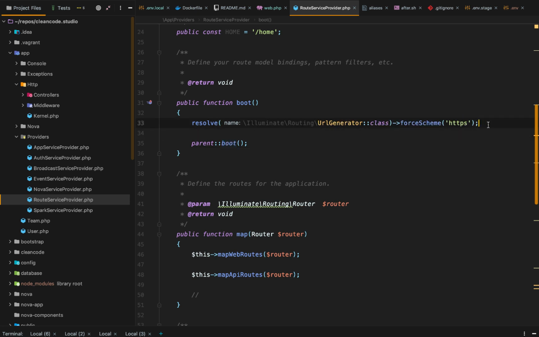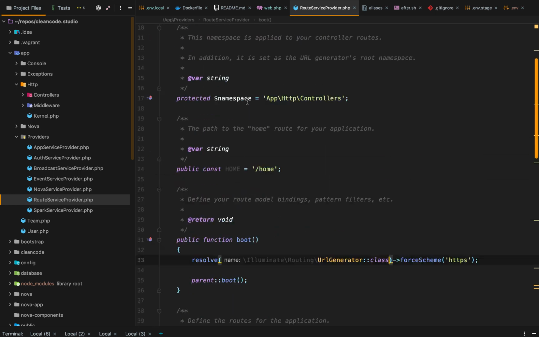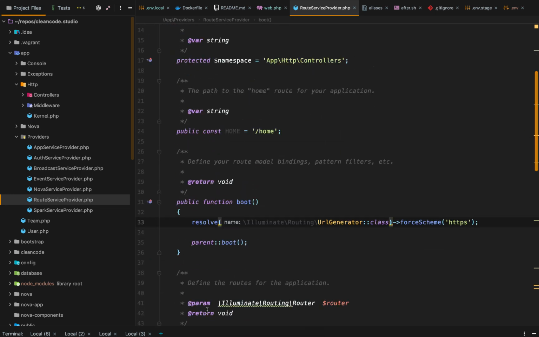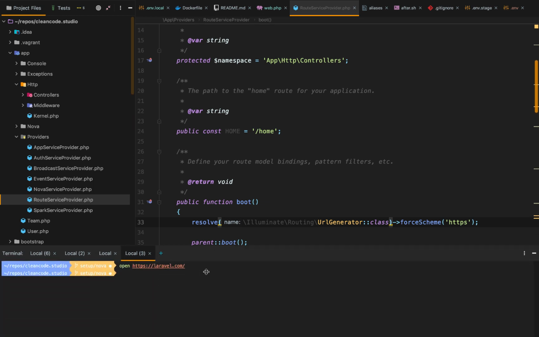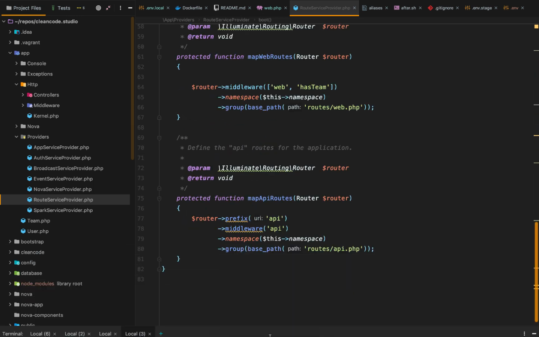That should definitely be enforcing HTTPS. I'll have to look into that. I'm not sure why that's not enforcing HTTPS. It totally should be. By the way, if you want to add a global route group prefix, whatever you want to do,